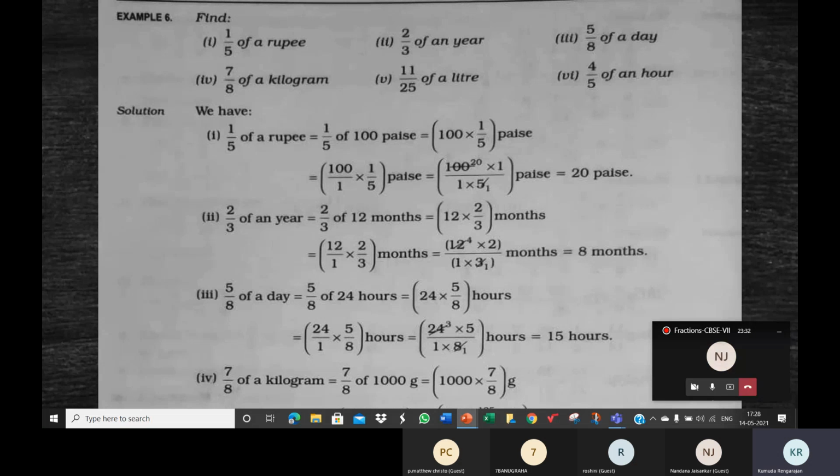Just have a look at the others, children. Go through 1, 2 again, and then help yourself with the third and the fourth one and ask me if you have any questions. 5 and 6 is a test now. You need to work in your book and we'll see the answer.